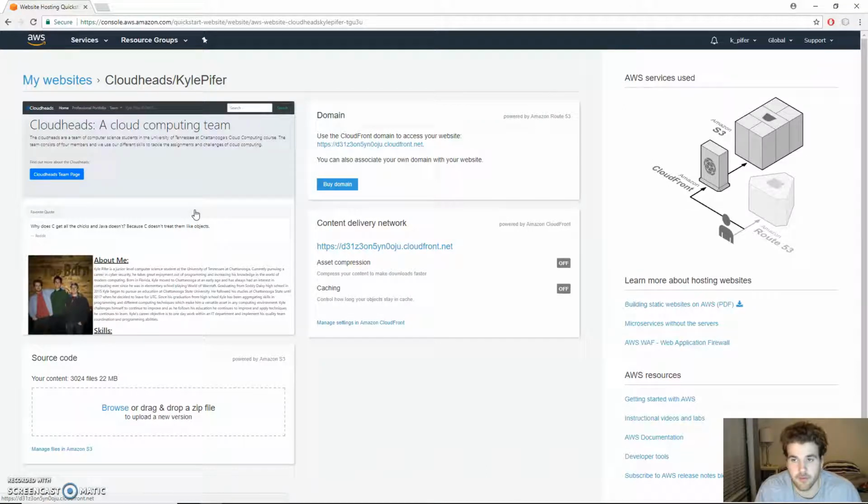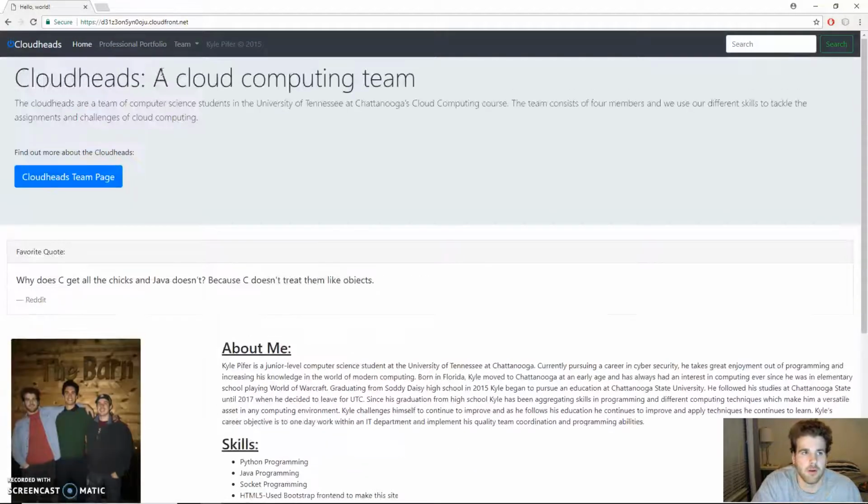And that's all there is to hosting on the AWS. It's pretty simple. You just upload your source code and you get your domain name, and you can check out your site. Like, this is what I have so far. I think I'm done with my code, and